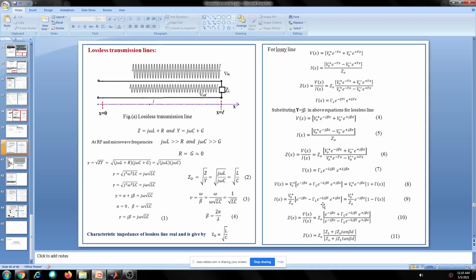Now we will see that there are two waves traveling over the transmission line. One is the incident wave, and its amplitude doesn't decrease; it remains constant as it moves over a transmission line in a lossless line. Similarly, there is a reflected wave. Two waves are there. So this is the incident wave and this is the reflected wave, and that is from this equation itself.